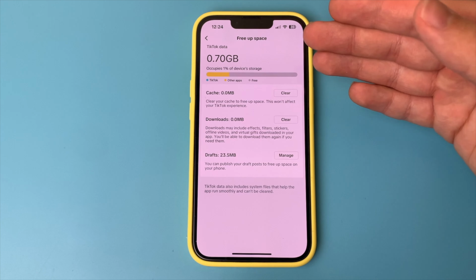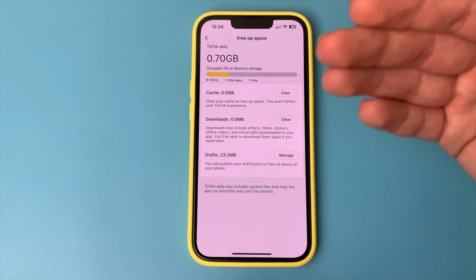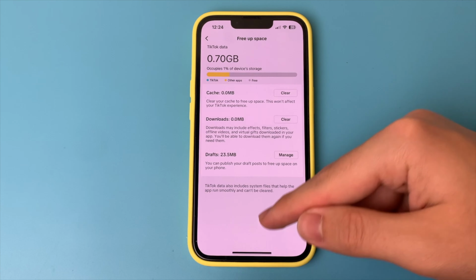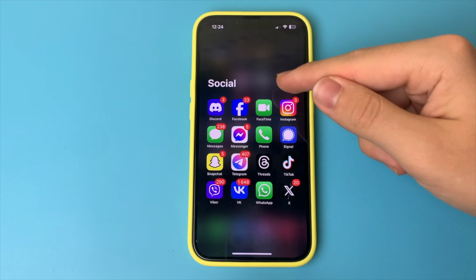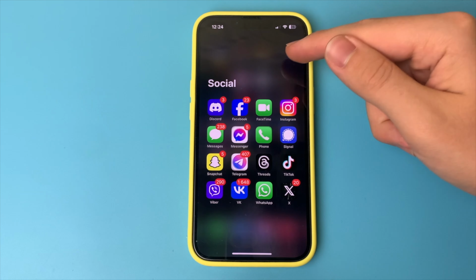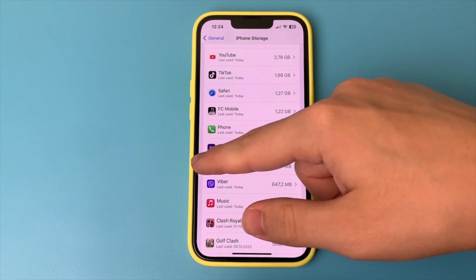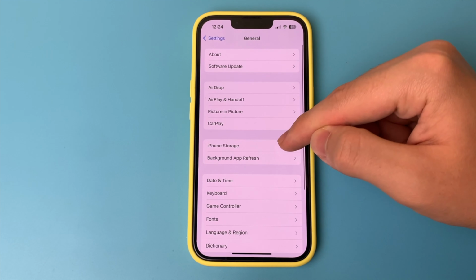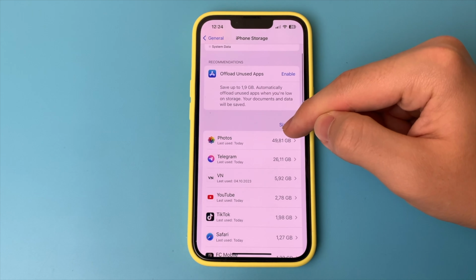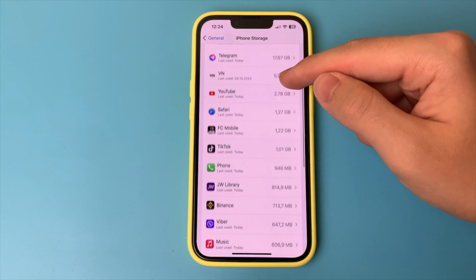That is, you click delete, and you have cleaned TikTok, and if after you click clear cache it does not open TikTok, to do this, you need to go to Settings on your iPhone, then General, then iPhone Storage, and here you click size or search in any other way, and here is your TikTok. Here is my TikTok, open it, and now click here, Offload App, and click offload our application. We did it all after that. Click Reinstall App and download it again. That is how it all works.